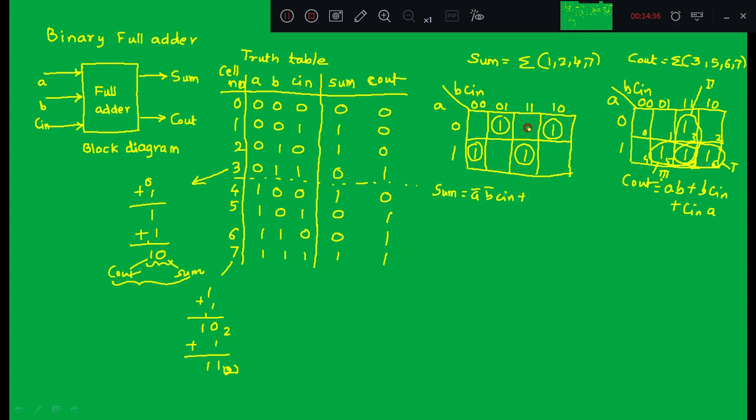One more term, A bar, B, C in bar. Third term, A B bar C in bar. Fourth term, A B C in.